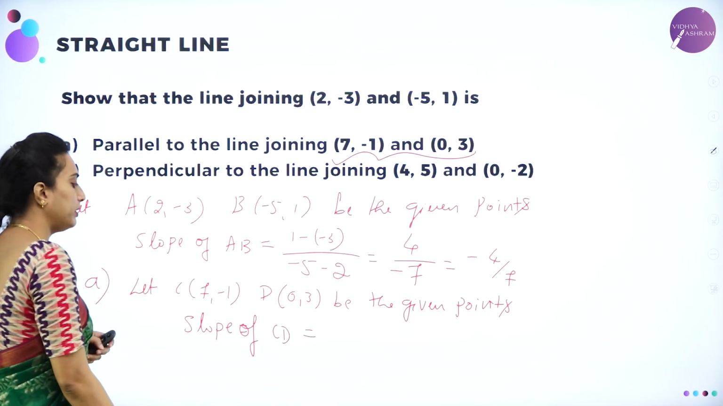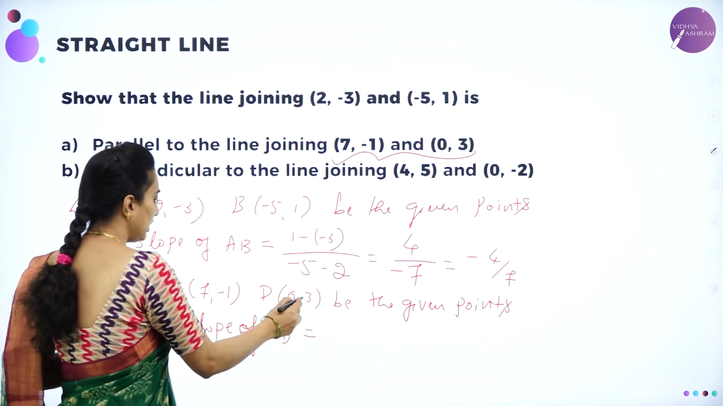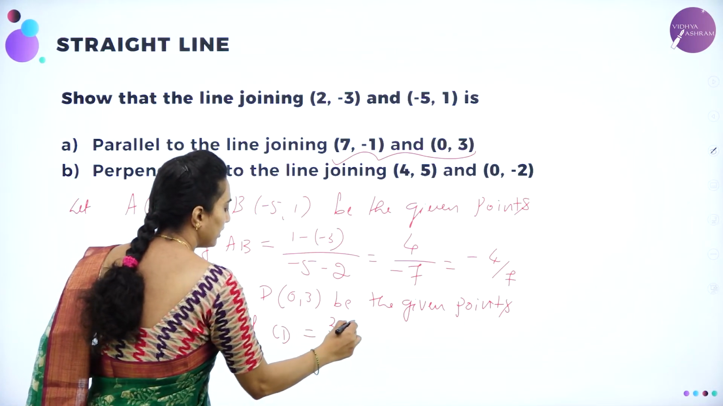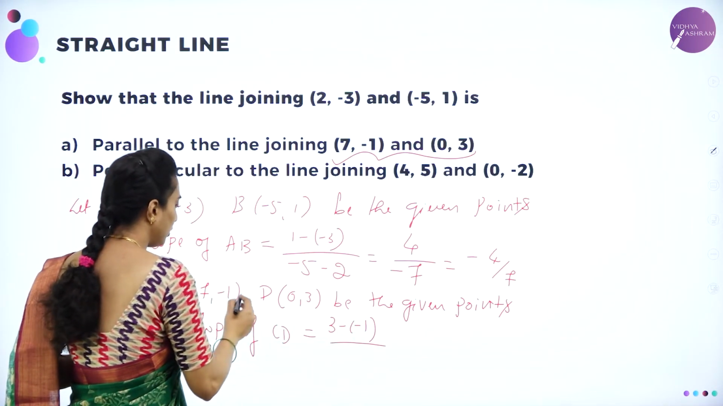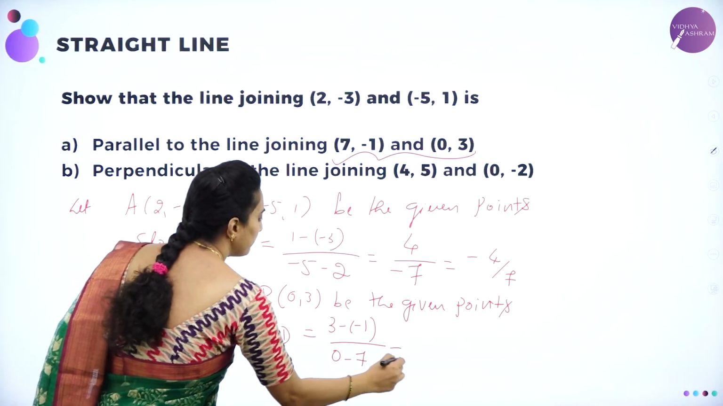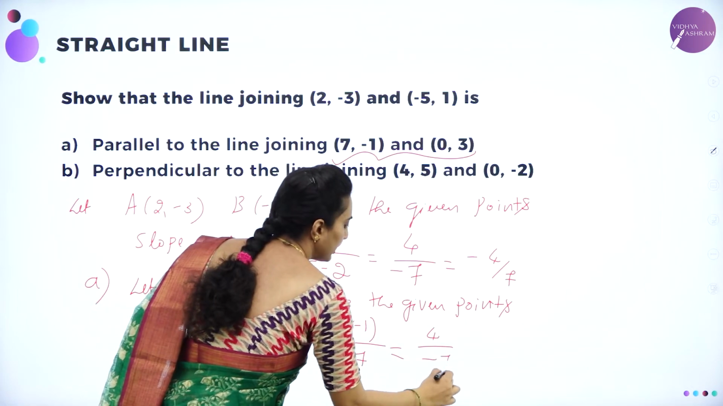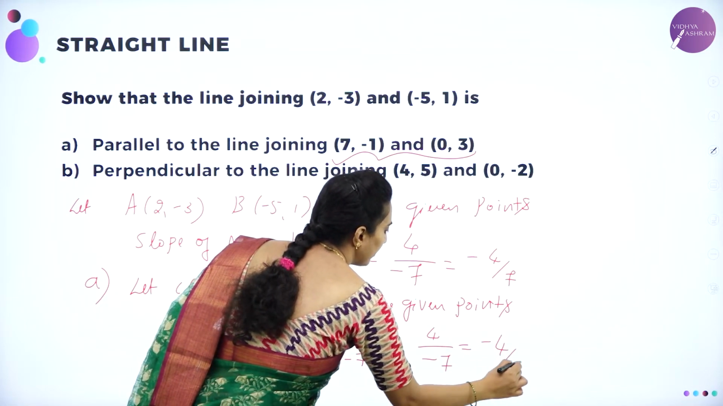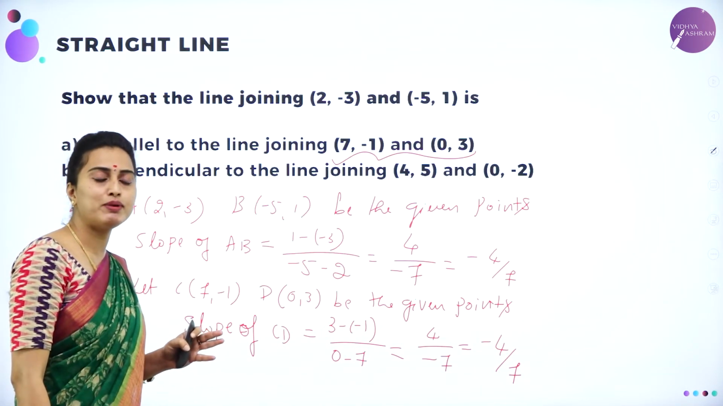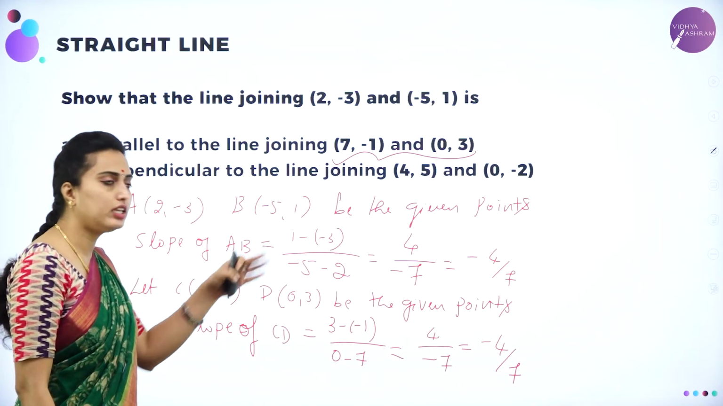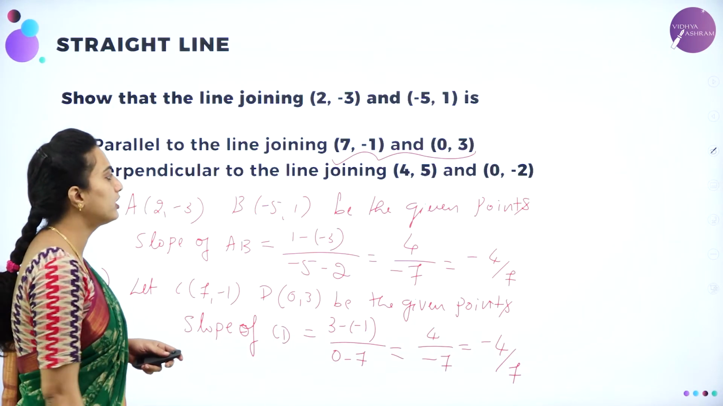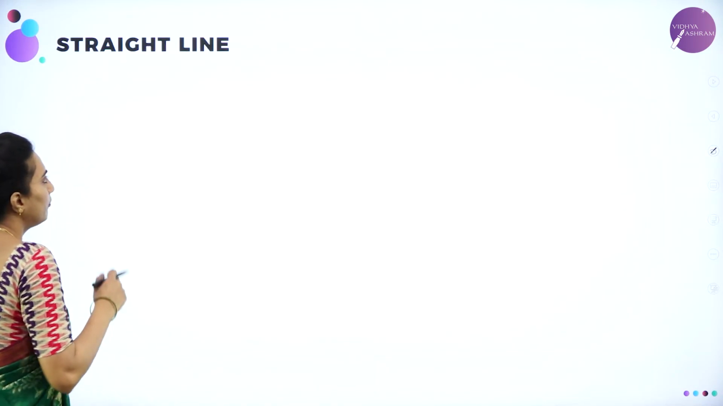Slope of CD is equal to 3 minus of minus 1 divided by 0 minus 7, which implies 3 minus of minus 1 is 4, divided by 0 minus 7 is minus 7, which implies minus 4 by 7. Yes, the lines are said to be parallel because the slopes are equal, right? Showing the first one. Second one, we know that